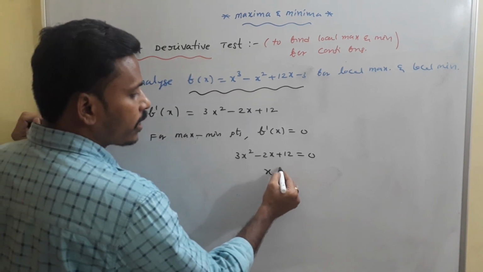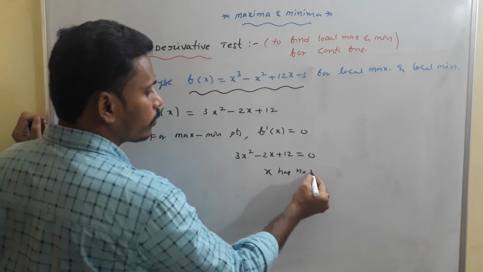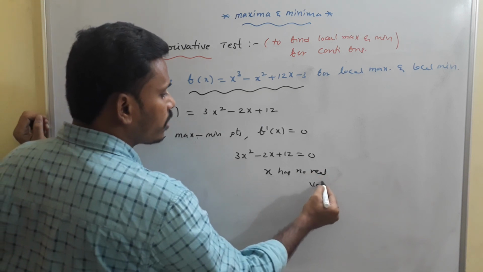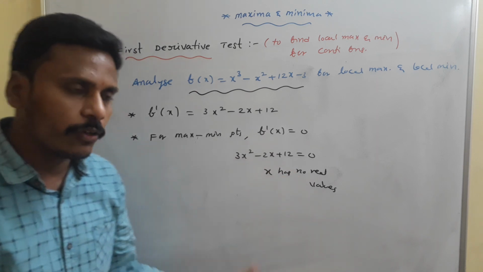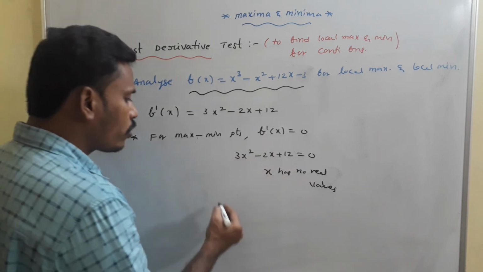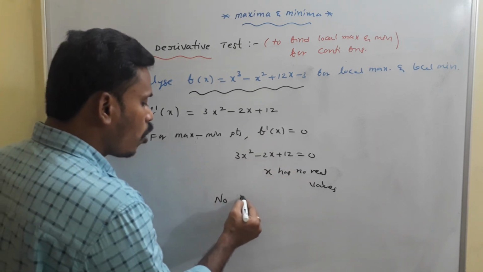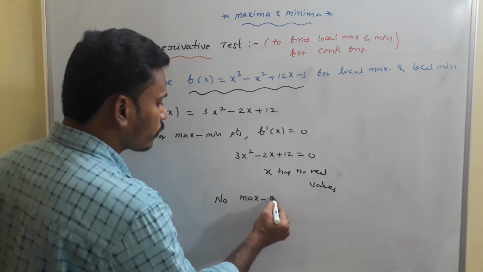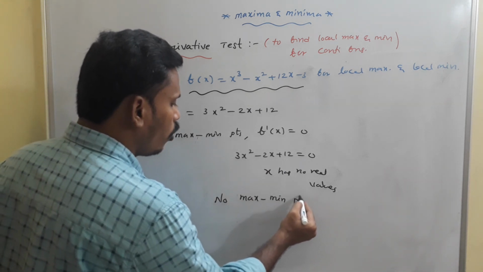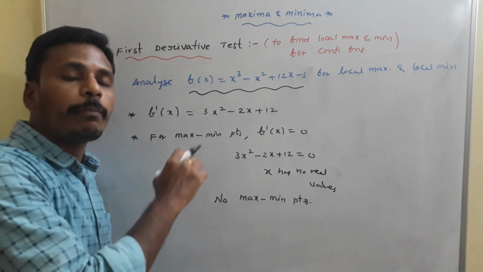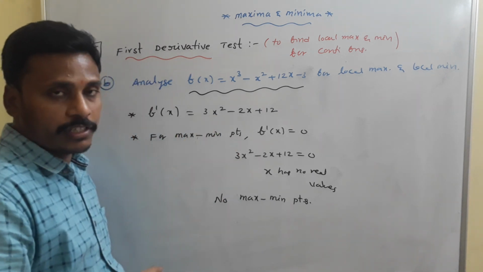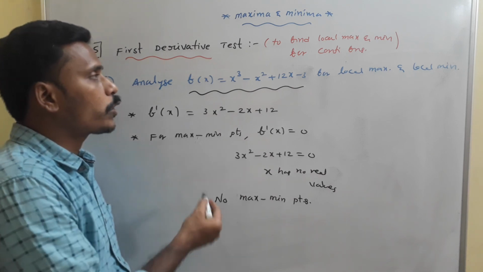Okay, x has no real values here. Why? Because its discriminant is less than 0. B square minus 4ac is negative, so you don't have real values. That in turn represents that there are no maxima minima points. So the graph of this function won't have any turnings or peaks or critical points here. Okay. See, when you try to sketch the graph,